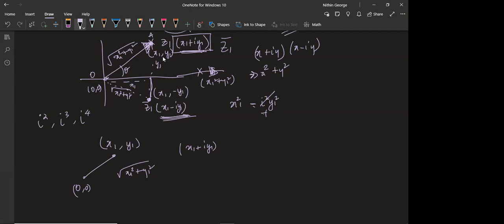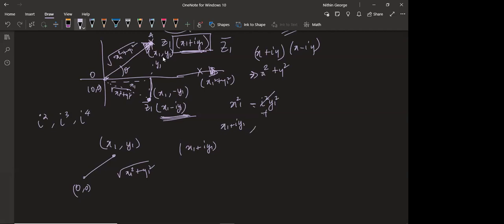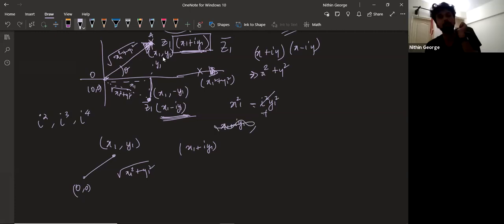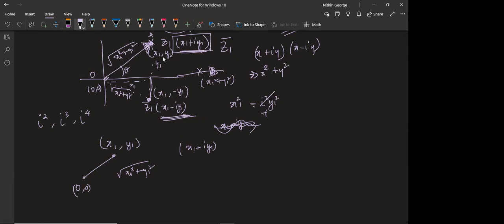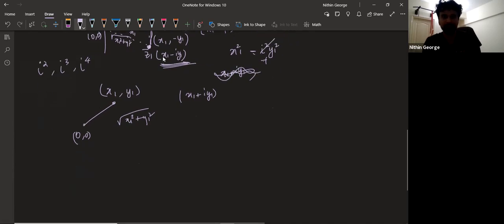Yes, sir. Actually, I included the i also in the coordinates, sir. So I got it wrong. You put x1 plus i y1 as the x coordinate? No, sir. I took x1, i y1, sir. Okay. No. The i is to show that it's from another axis. Think like that. Okay. So x1 on the real axis, y1 on the imaginary axis. Just think about it like this. That is good enough. Right.